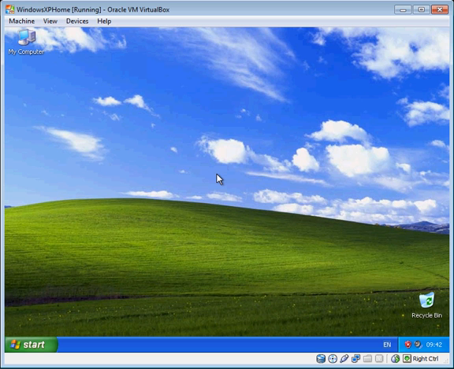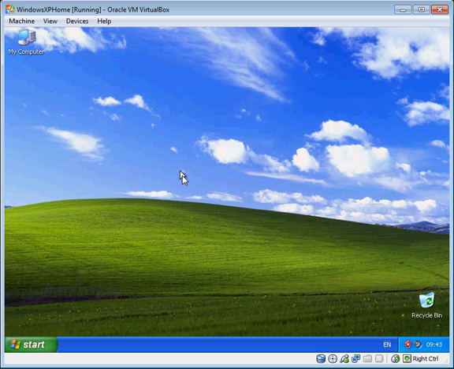Now, this video isn't going to be about how to do backups. This video is just a tutorial on how to install the Microsoft Backup utility that's actually built in to Windows XP if it's not already installed on your machine. And as soon as it's installed, you can go in there and you can back up your system. Now,